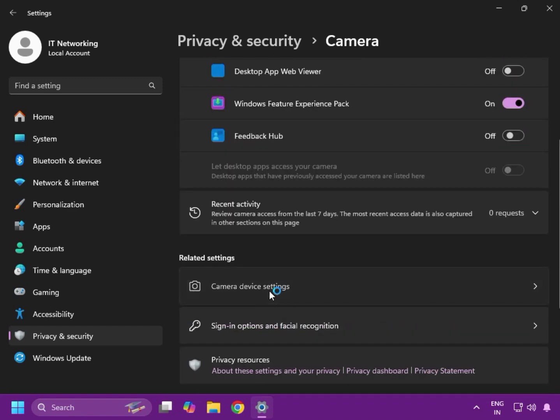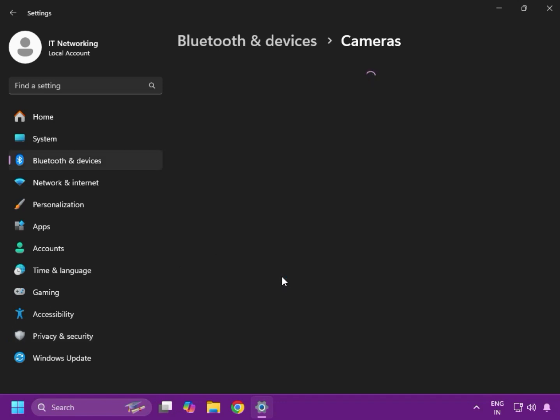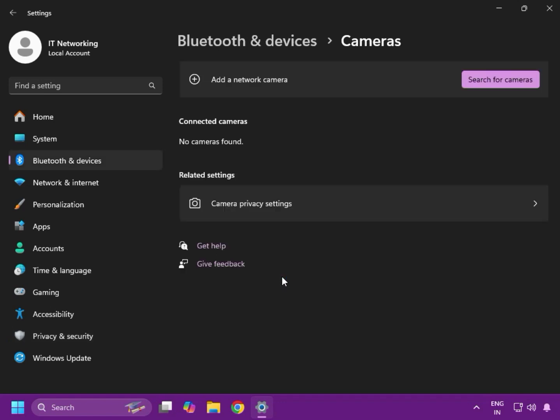And this is camera settings. Okay, add on network and like that. Okay,